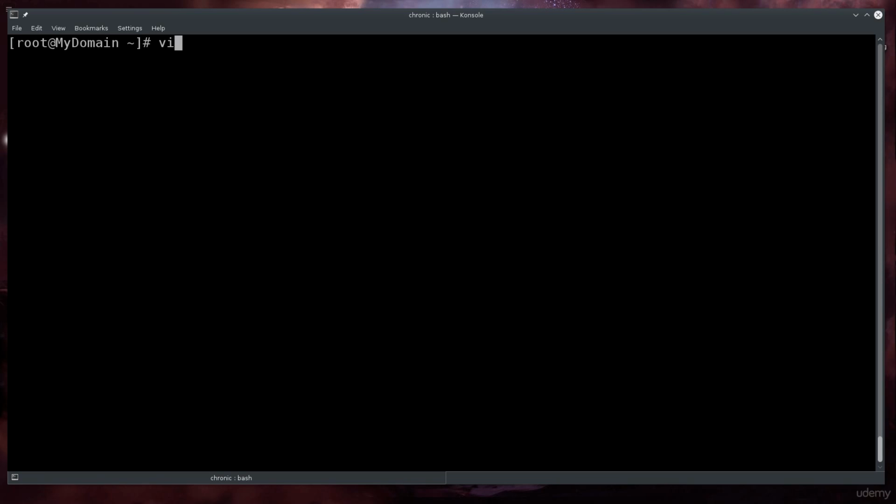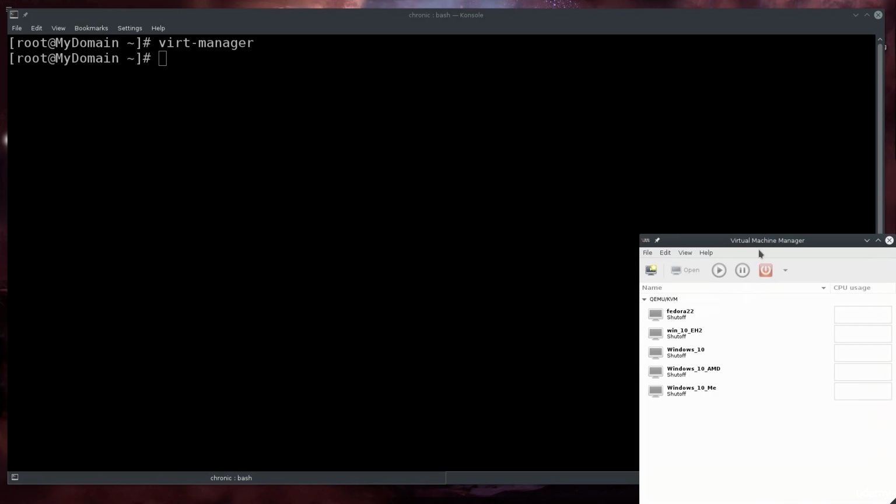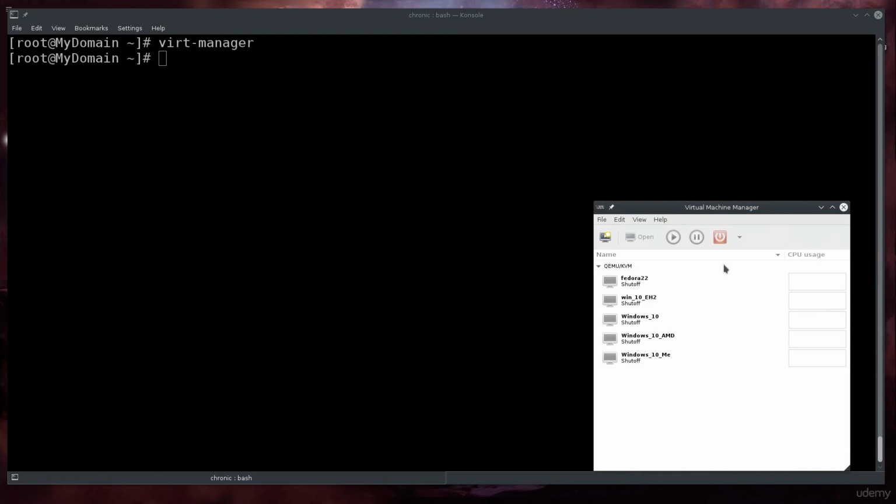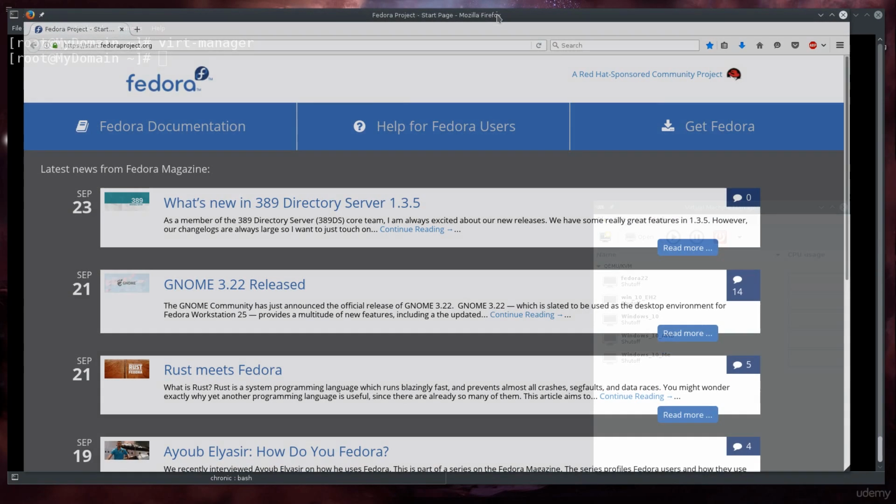Anyway, then you will need to type in virt-manager, press enter, and this is going to pop up the virtual machine manager. I already have several virtual machines here, but I'm going to go ahead and open up Firefox. And you will need a Windows VM. Why will you need to create a Windows VM? Well, obviously because we're making a USB to basically be pluggable into a Windows machine that's going to deploy a keylogger. So we'll need a Windows VM to compile the keylogger and to test everything out there